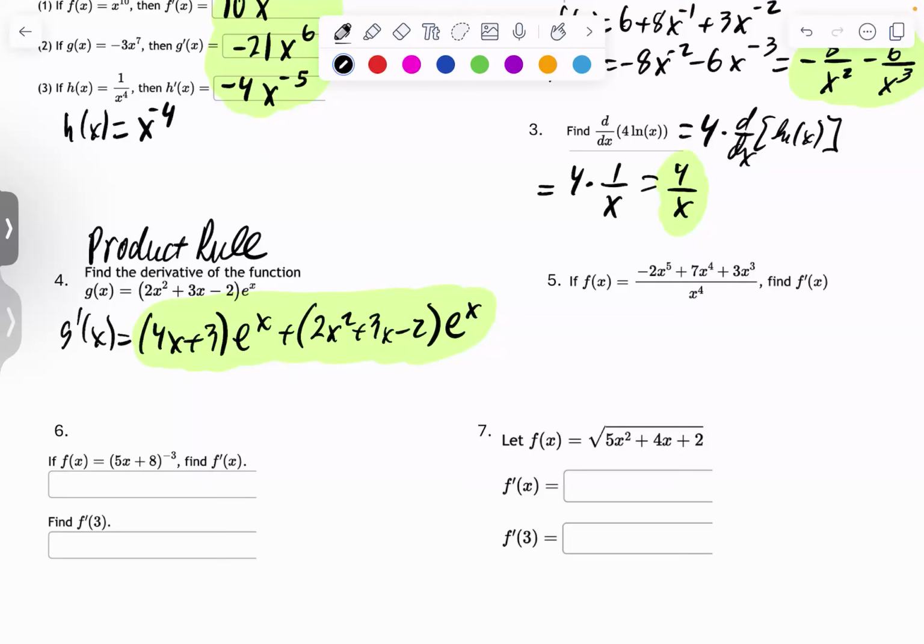Number 5 is quotient rule. To be honest with you, we tend to avoid the quotient rule at any cost. It's just very messy. So f prime of x is going to be the derivative of the numerator, negative 10x to the fourth, plus 28x to the third, plus 9x squared, times the denominator,